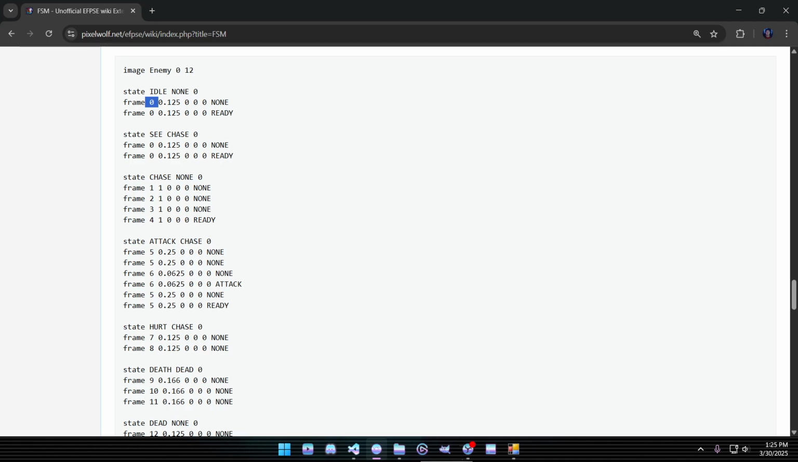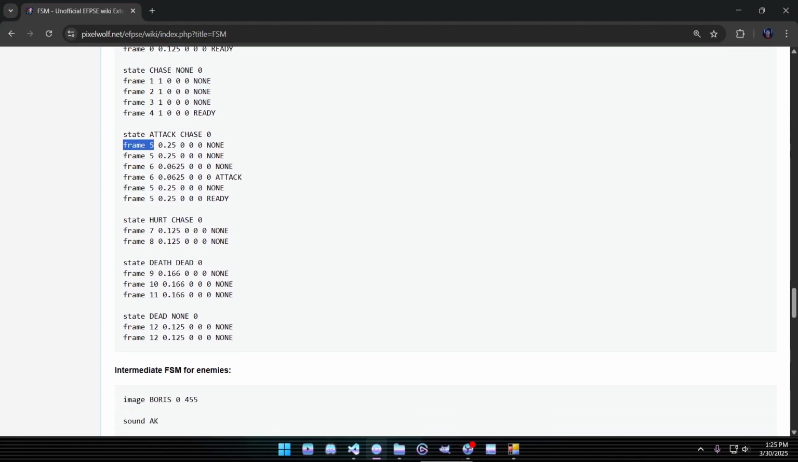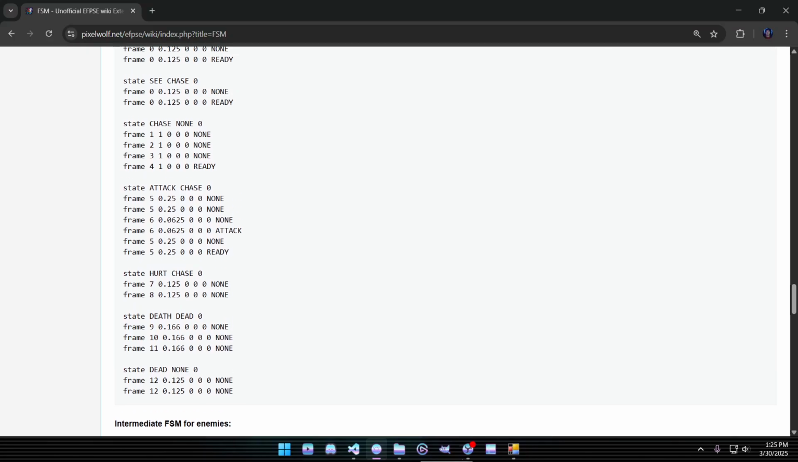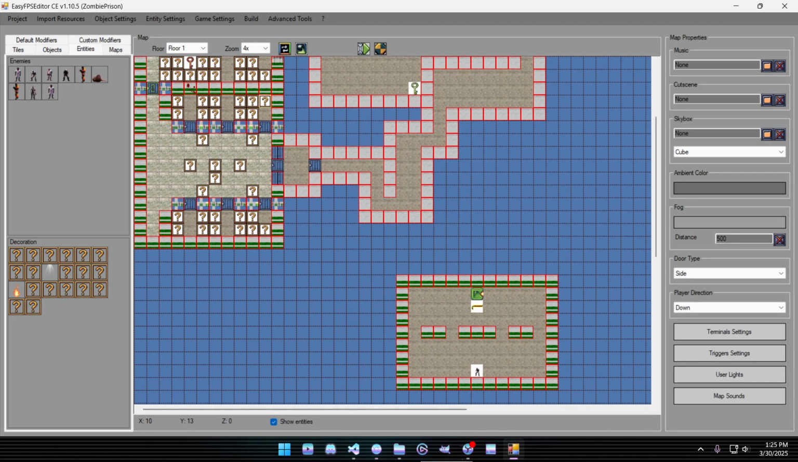Frame 0 on the idle, frame 0 on the see, frame 1 on the first walk, and then we've got frame 5 for the attack. And then it just kind of goes through this situation where it cycles through these until his health is at 0, and then we get this frame 12 down here. So we've all kind of seen this in action, but